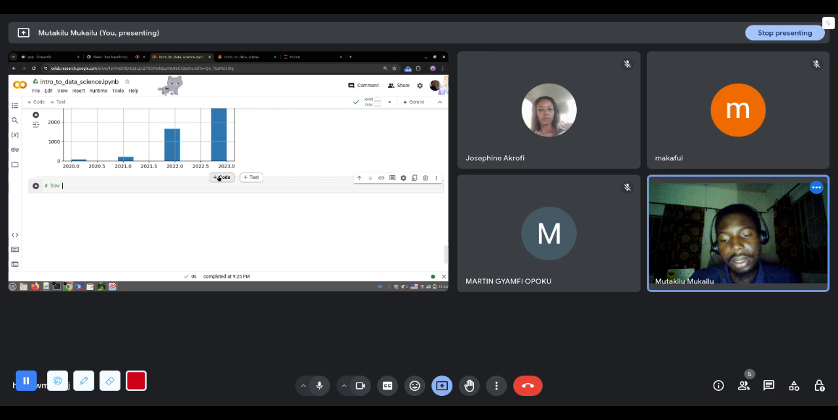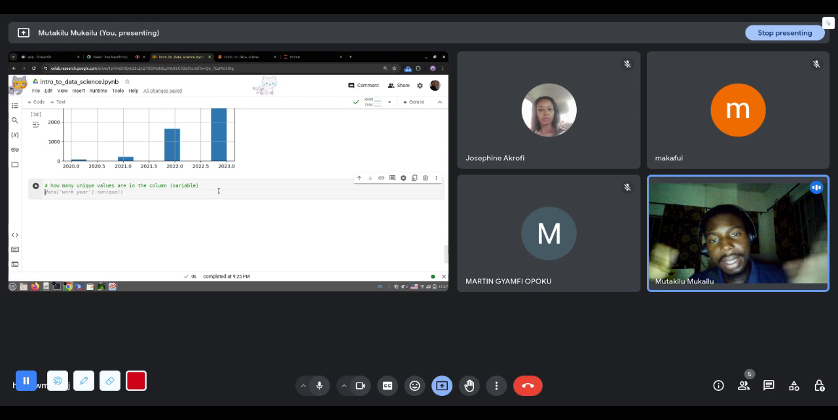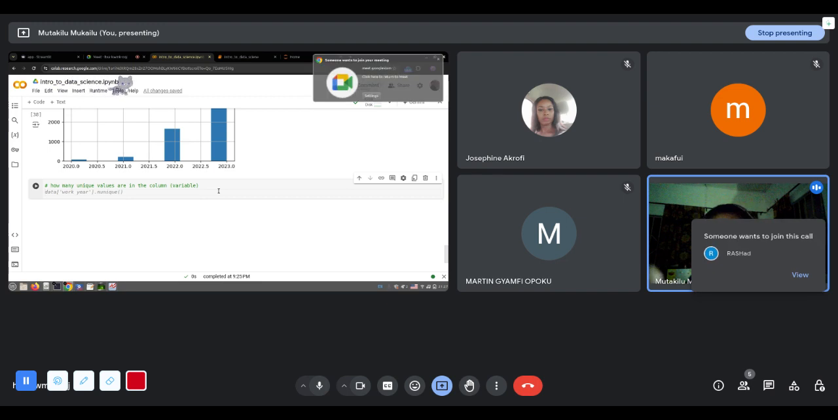So how many distinct, or unique, let me use the word unique, values are in the column, in other words variable. What we mean by that is, for example, when you pick work year, we want to see how many unique years were recorded in the data set. So we have maybe 2020, 2021, 2022, and all those things. So how many of them? To do that, you just do data,